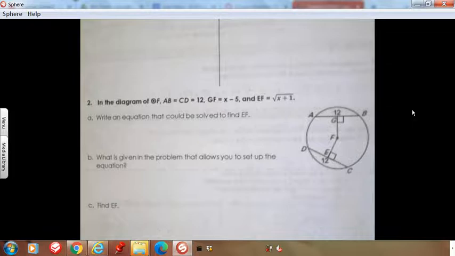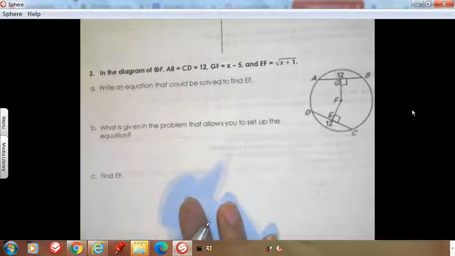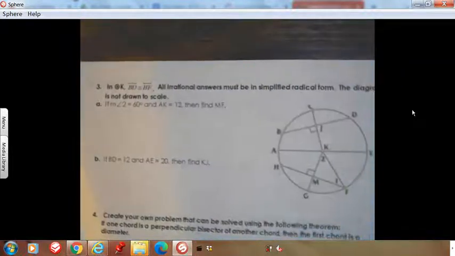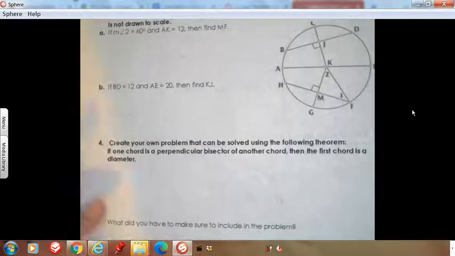And then number 2, just using the diagram, and specifically this is a lot of algebra. You could skip over some of that algebra for part C, but I will still go over it in the video if you're interested, or you could choose to just not watch all of it at that point. And then finally, number 3 on the next page has another diagram, and again you're finding some of the missing pieces. And then 4 is more open-ended. There are lots of different answers that you could have, so I won't go through it in too much detail. But go ahead and try some of this out, or you can move on to the homework first if you'd like, but I'll have the sub play the rest of the video and